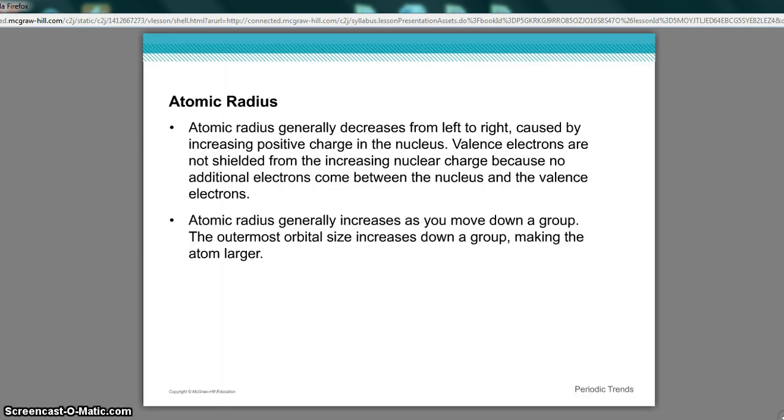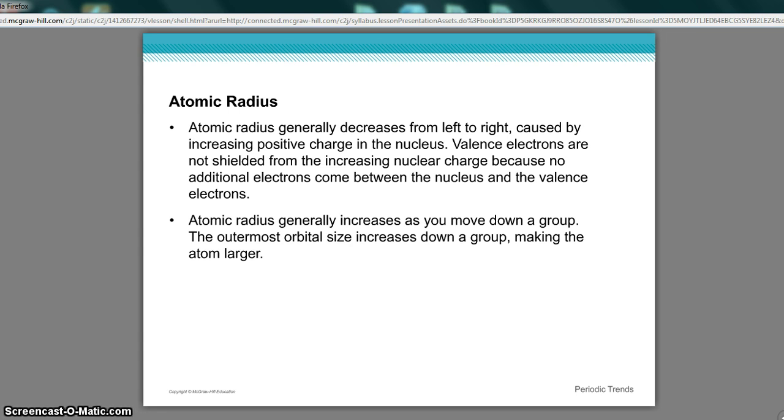So atomic radius generally decreases from left to right. Now that might seem contradictory to what you would think. As you go from left to right across a period, the mass of the atoms is increasing. They're increasing the number of protons, they're increasing the number of electrons. But what's happening is those valence electrons are being added to the same shell. So there's no more of what's called shielding that will affect the